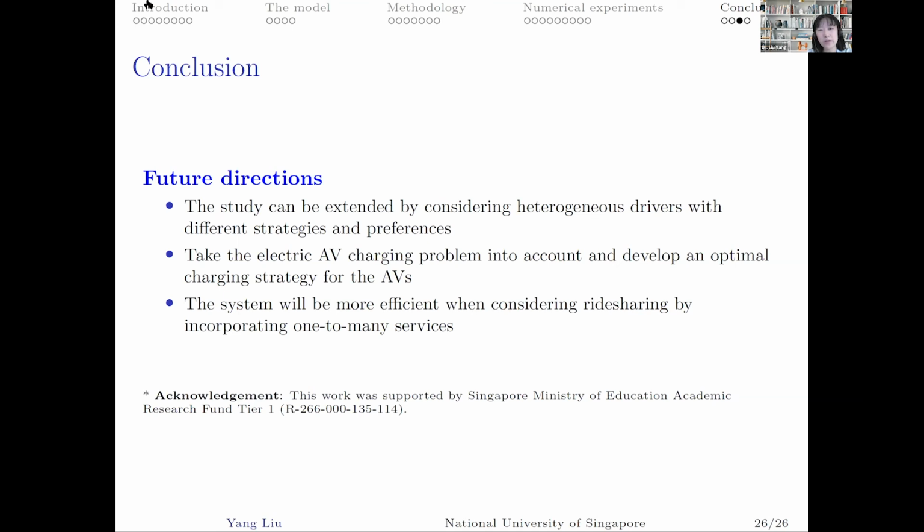Okay, I think there's one question in the chat box. Do you consider the real street network, or move to the neighborhood grid? Good question. I think we didn't, but the travel time was actually sampled from the real network. Zhaohong, do you want to maybe talk about the details? Actually, we only consider